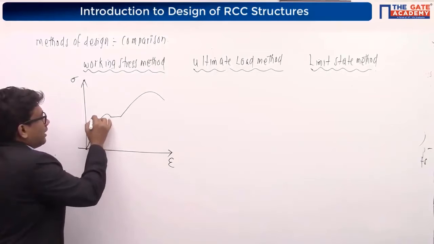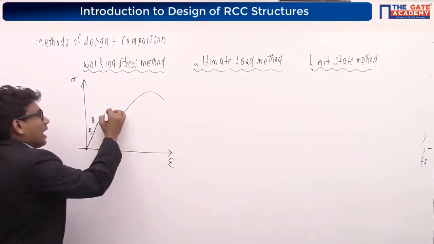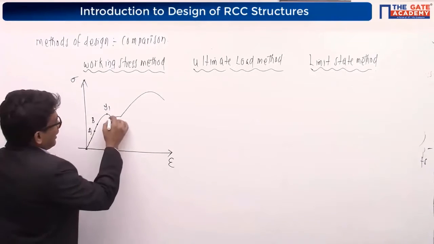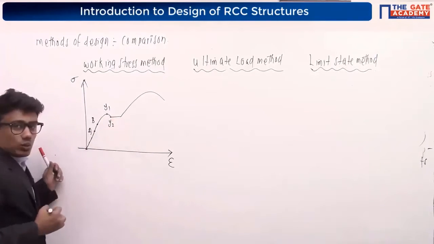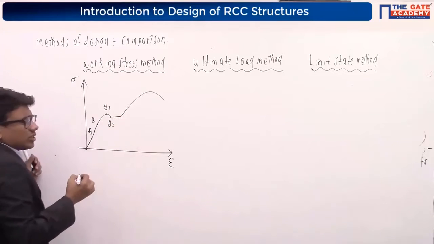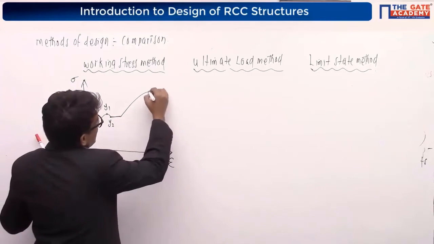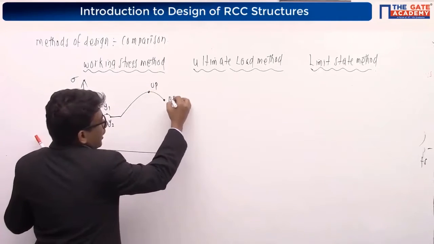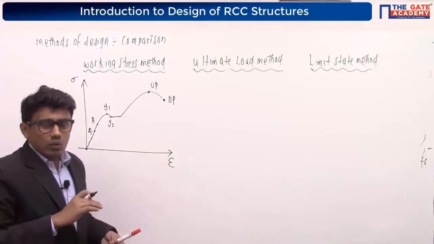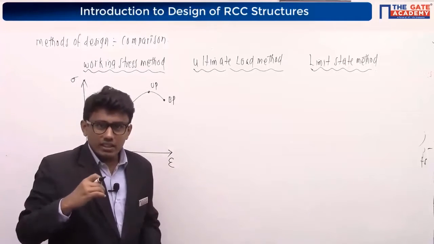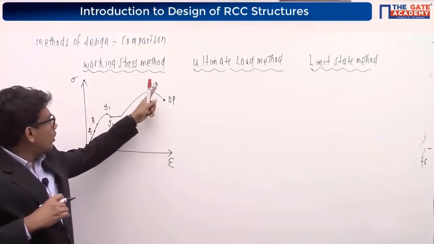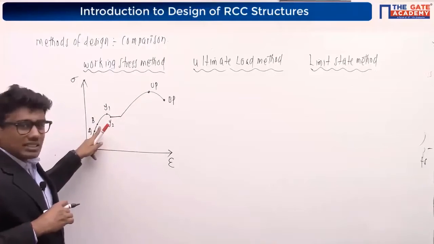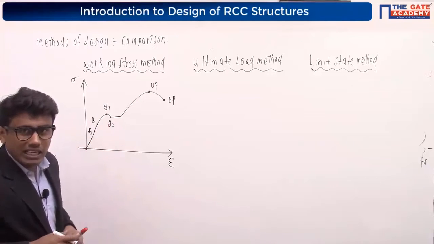This is the proportionality limit. This is our elastic limit, and we have our upper yield point. I am going to consider it as y1, where yielding starts, and this is our lower yield point. I am going to consider it as y2. This is the plastic region, also called the yield plateau, and this is our ultimate point, and this is our breaking point, right? The breaking point means the point where the steel fails. The breaking point has a stress value, the ultimate load point is there, y1 is there, y2 is there, upper yield point, lower yield point, the elastic limit is there, and our proportionality limit is there.